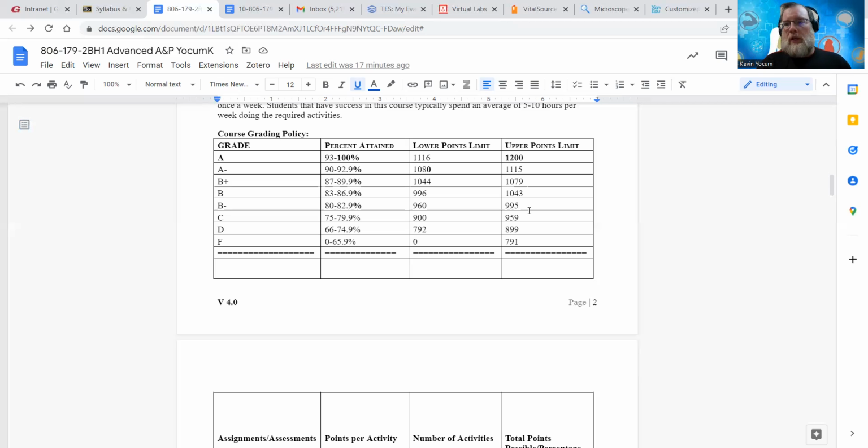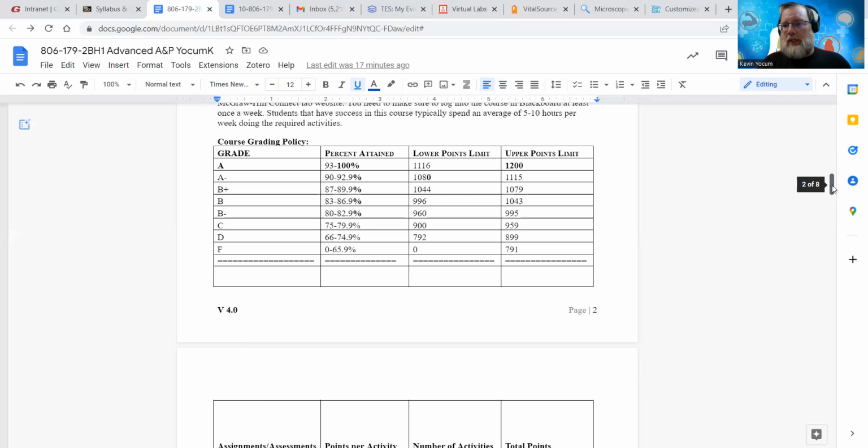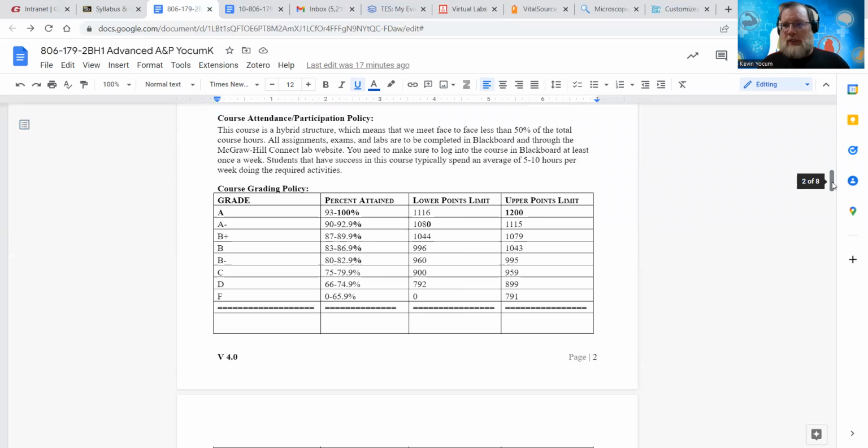Traditionally, with these types of hybrids, that's how it's worked. Students are very successful with the model that I have developed in Blackboard. And if you need to meet with me in Zoom, or we need to discuss anything, I'm more than willing to do that. So that's the attendance policy. Just make sure you get everything in, or as much as you need to get in, by December 7th. And if you do get everything in before then, I will submit your final grade, and you're done. You can kick back and relax.